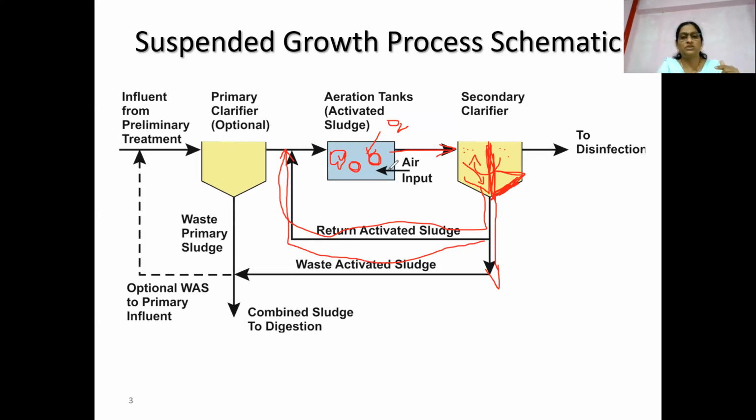Likewise, the big fish eats the small fish, and the small fish eats a still smaller fish. Likewise, that cycle starts. After some time there will not be food available to them, but they are very hungry and very active to eat new food, but it is not available. That's why we return some part, the active part of this microorganism, back to the aeration process.